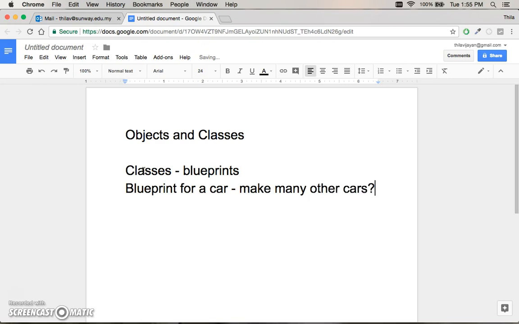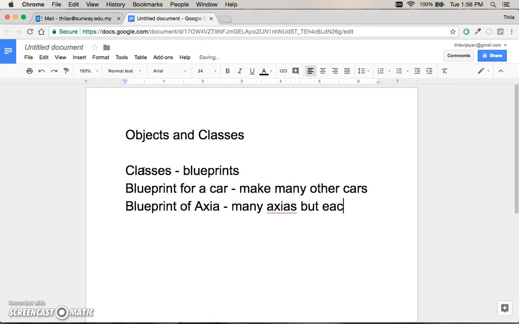Correct? Right. So for example, if I have a blueprint of a BMW, okay, let's say, never mind, blueprint of Axia, make it simple. So with a blueprint of Axia, I can make many Axias,